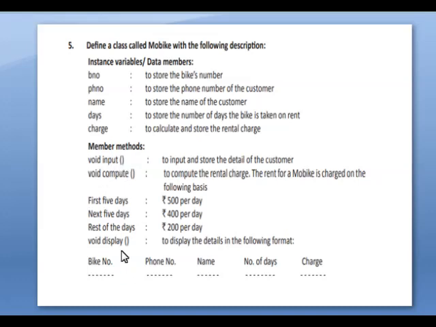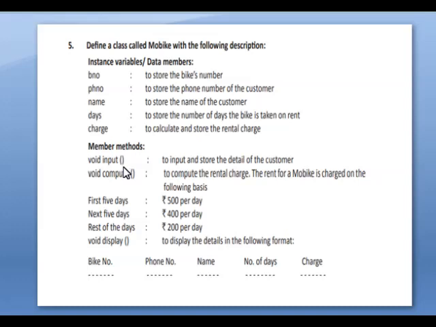Okay, so void input() means we are going to accept all the details according to the program, that is bike number, phone number of the customer, name of the customer, the number of days the bike is taken on rent, this much we have to input.